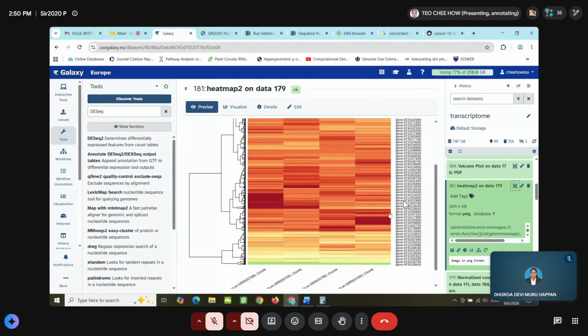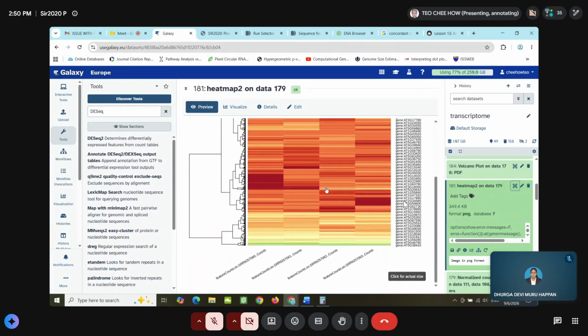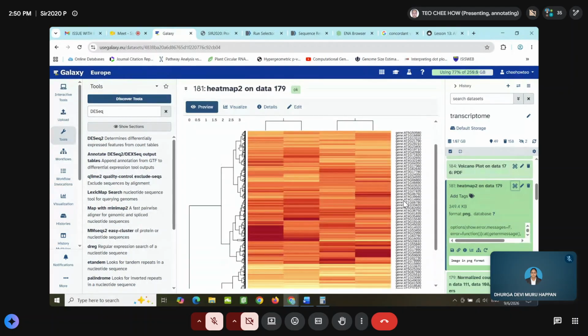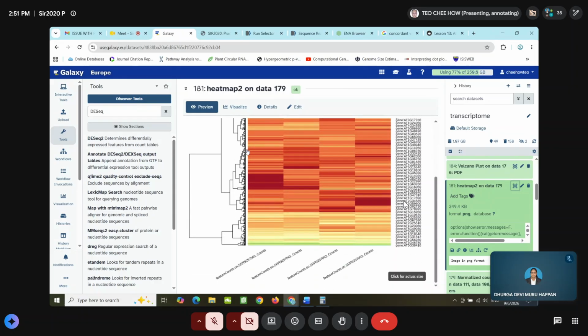This block of genes has a different expression profile, lower in the control and higher in the treated sample. From the dendrogram on the left, you can split them into different clusters. For example, you can split from here. This belongs to one cluster, this one here is another cluster, and this is the third cluster.